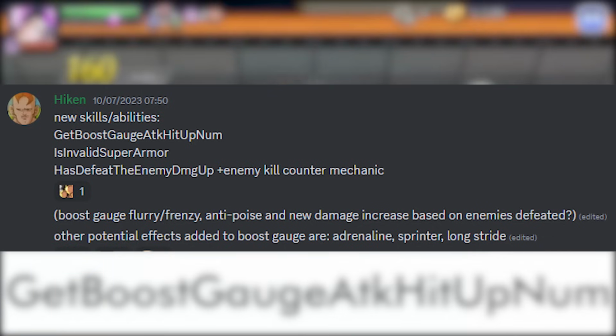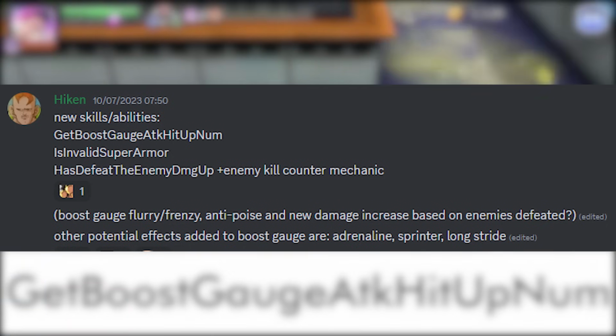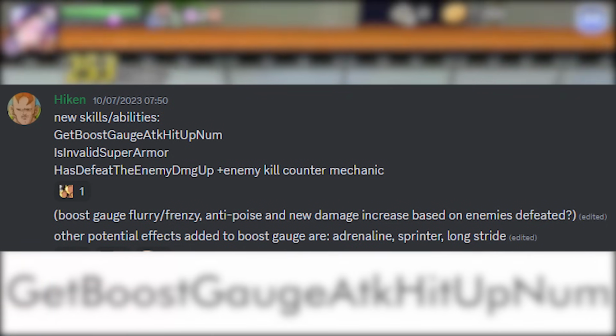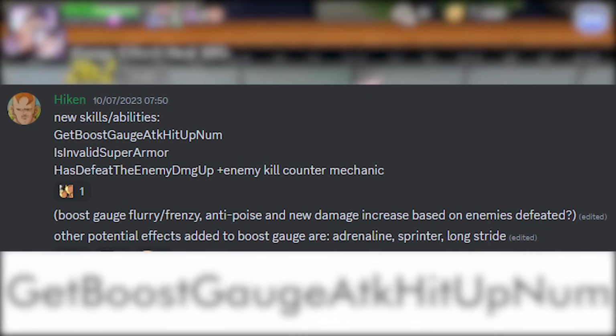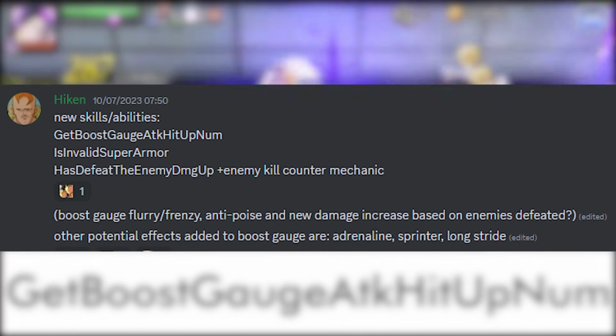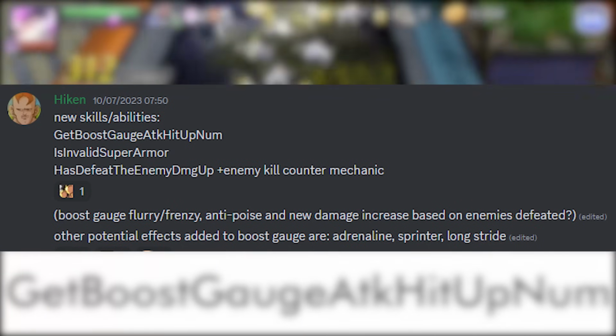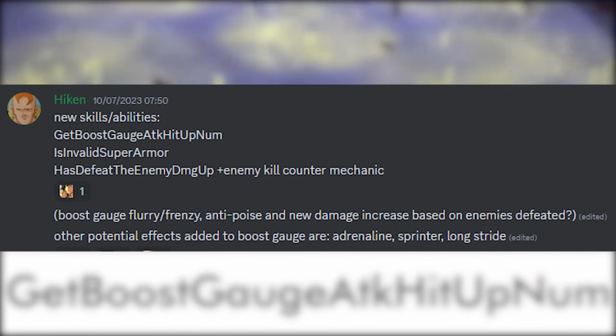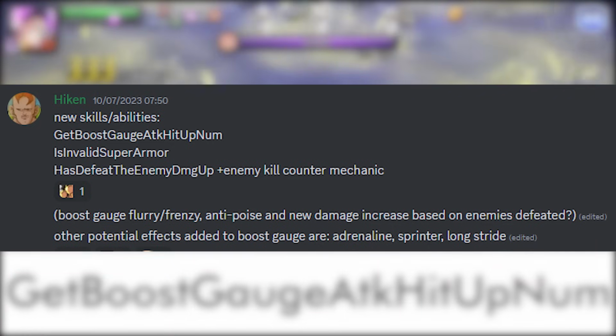And in this case, upon activating their Gauge ability, they should either get an additional Frenzy or an additional Flurry. At the same time, they also could pick up Adrenaline, Sprinter, or Long Stride when the Gauge is completed. Since Adrenaline is there, that is increased normal attack speed. We very well might be getting an end of month character that is going to be a Flurry character, a normal attack damage character. So when the Gauge is completed, they get Adrenaline, increasing their normal attack speed, but also